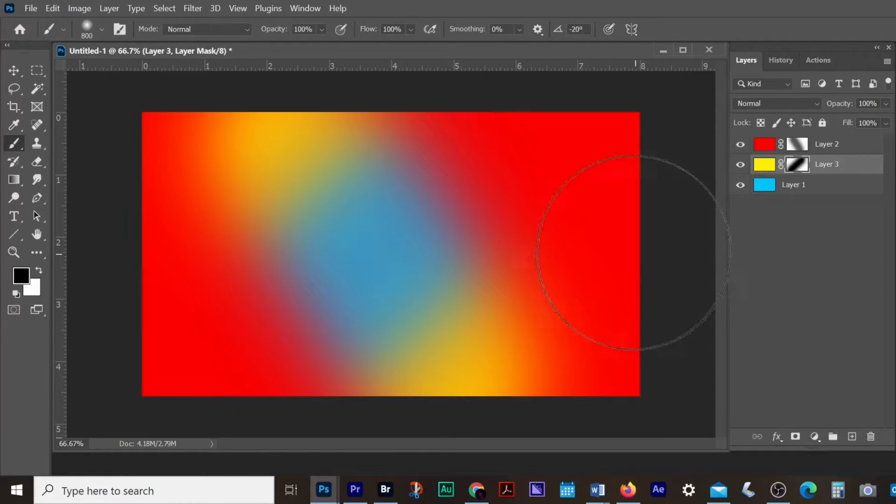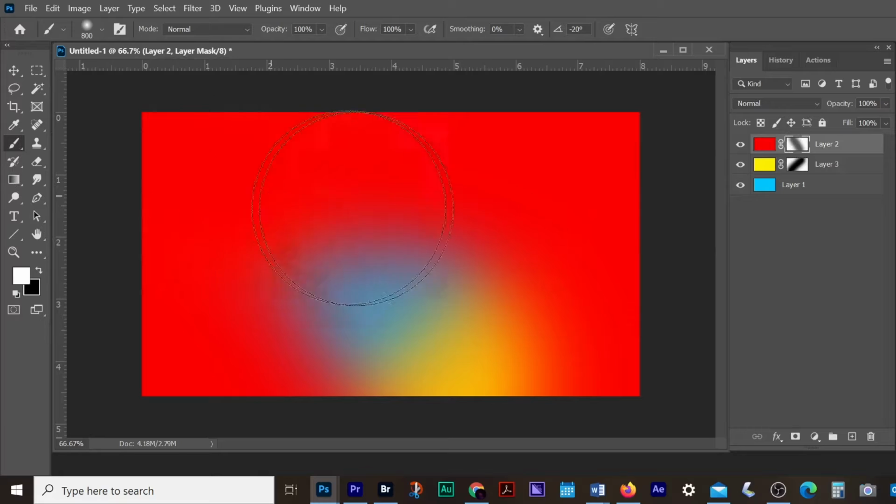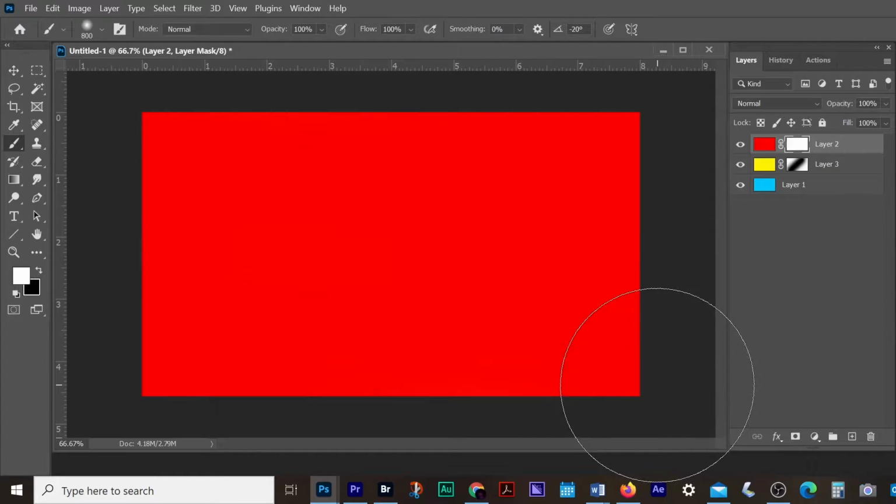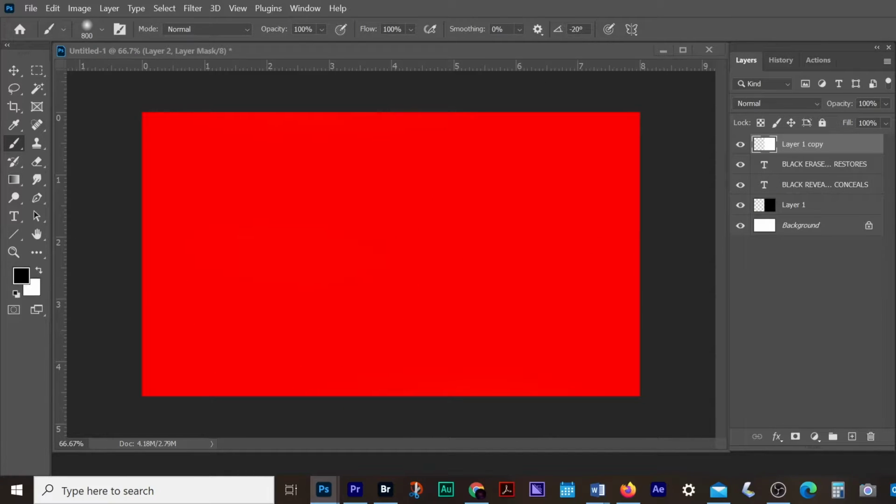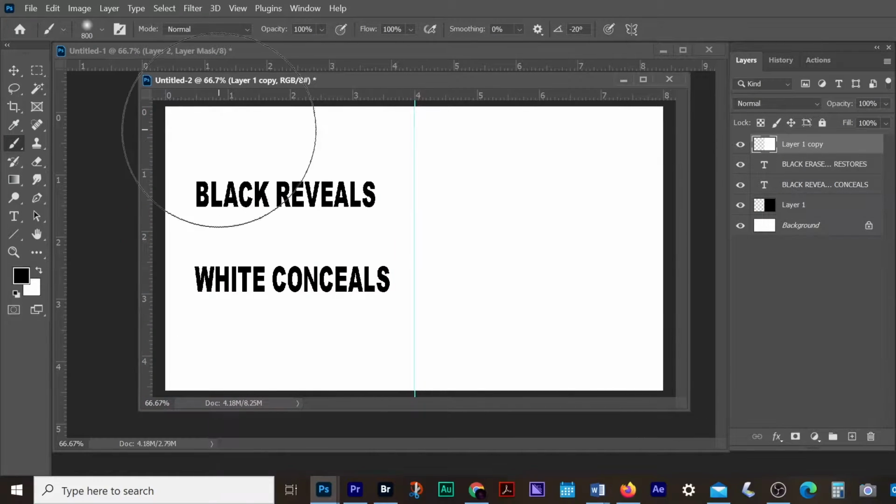So it looks like the same thing that we did with the eraser tool, except that if I go to the white brush right now, 100% white color, and I have clicked on my mask, I can now restore what has been taken away. Now, when I was teaching this in high school, my students had a hard time with